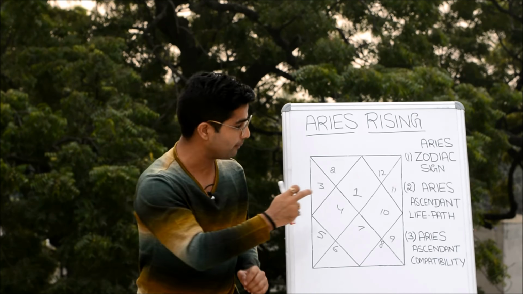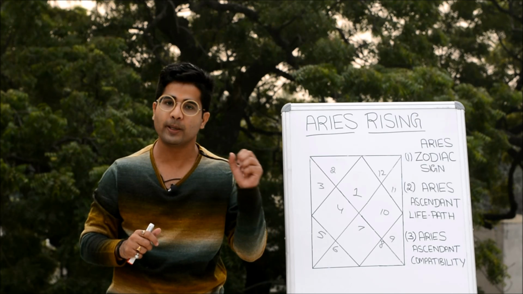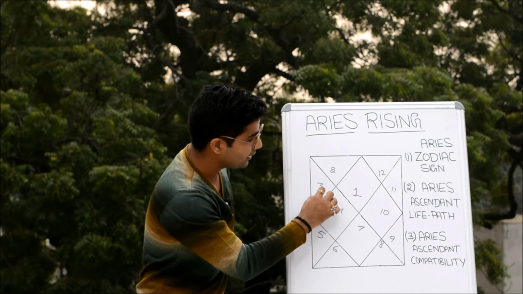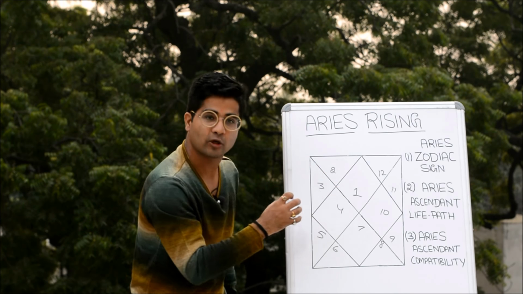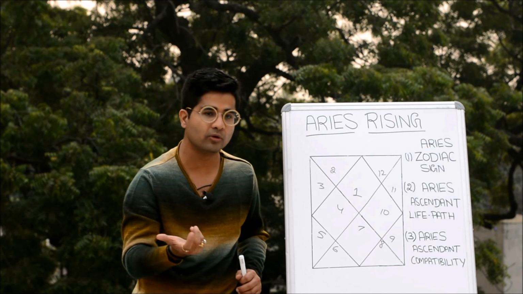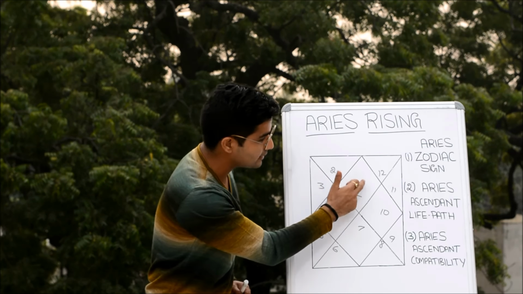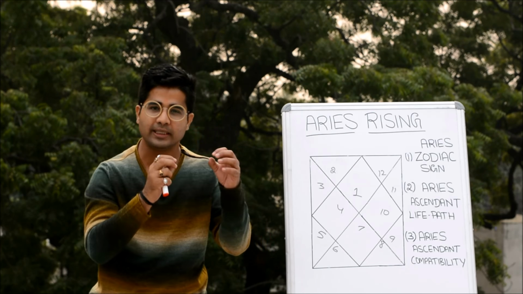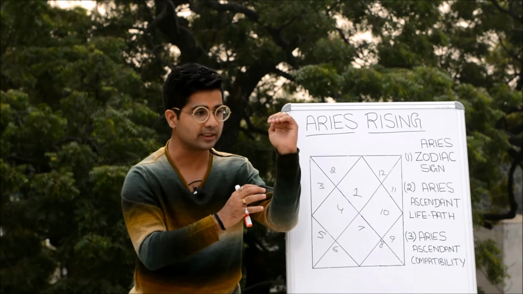Now when it comes to the family part, because the family part is ruled by the energy of the planet Venus, because we have the sign of Taurus over here and the sign of Libra on the spouse's side. In the case of the Aries rising sign, the good part is that each planet and each house has got the right set of energy. Like I was telling you, if you put the Taurus sign over here or the Gemini sign over here, the energy will be a little bit mismatched.